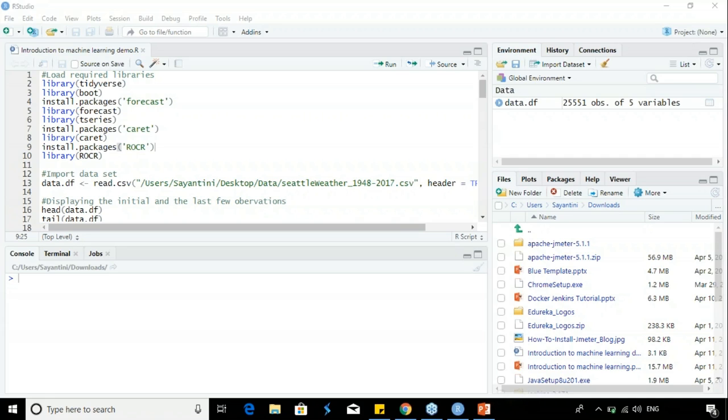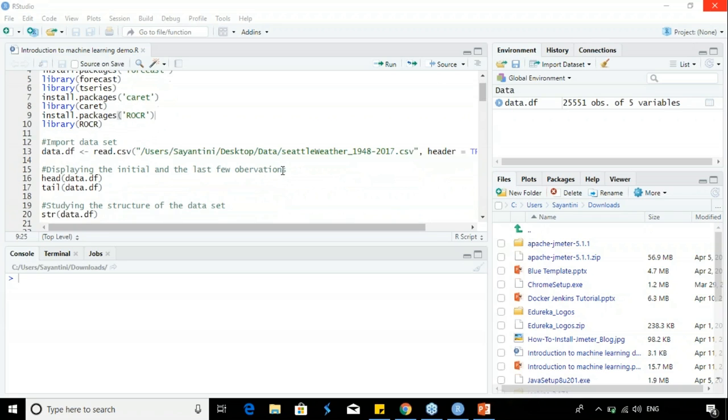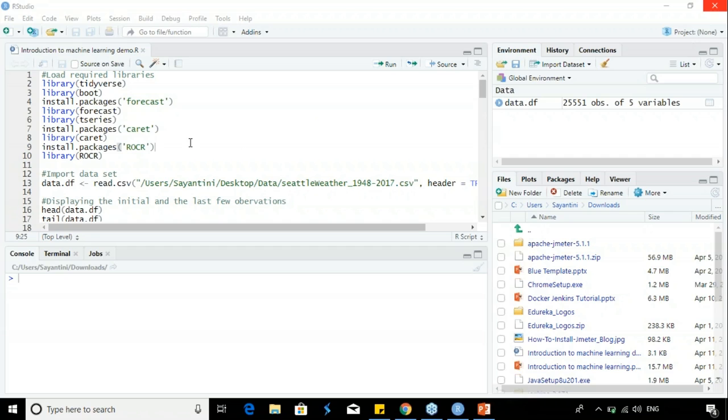So to save up time, I've already typed out the code. Don't worry, I'll be explaining the entire code to you. If you have any doubts while I'm running the demo, please ask questions in the live chat. I'll try to answer all of the questions. So remember, the logic over here is to build a logistic regression model in order to predict whether or not it will rain on a particular day based on the weather conditions.